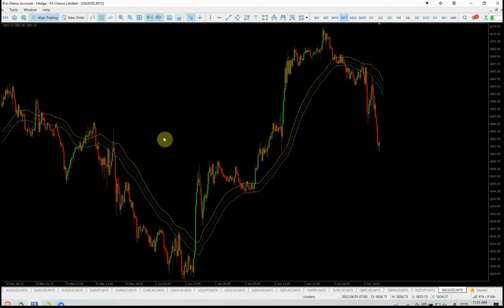But there is a way that you can do this, which is what I'm going to show you, and get true volume of the underlying market, if only for a handful of pairs. So how do you do that? Well,